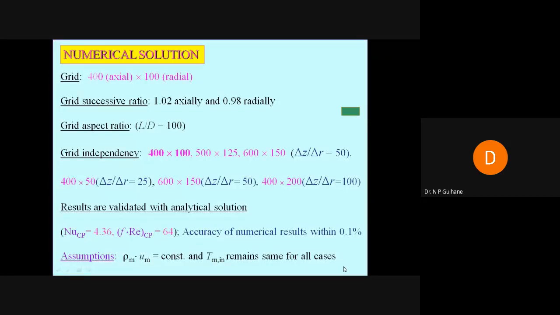So to simulate such a problem, the computational domain is mapped with the structured and refined grid. So that was the refined grid, and this refined grid ensures high density and finer grid in the vicinity of the wall and inlet region where high gradient exists. You can see the high gradients exist near the wall and at the inlet because it captures the physical mechanism.